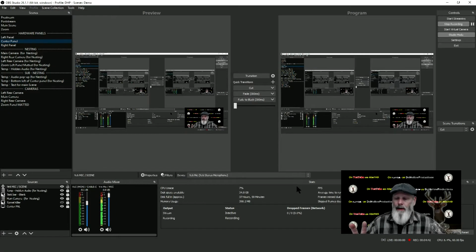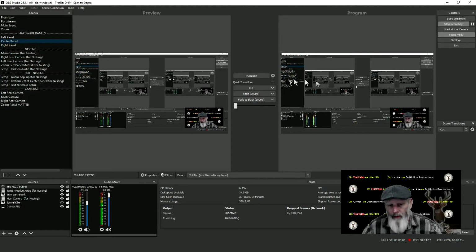And because I have the scene loaded both in preview and program, this is a reminder. I did this on purpose to remind you that if I make a change in a preview screen, the change does not take effect until I transition. So right now you don't see Yeti mic scene, because this is the broadcast. This is the program, not the preview. This is the preview. If we are in studio mode, I have Yeti scene here. So when I transition,